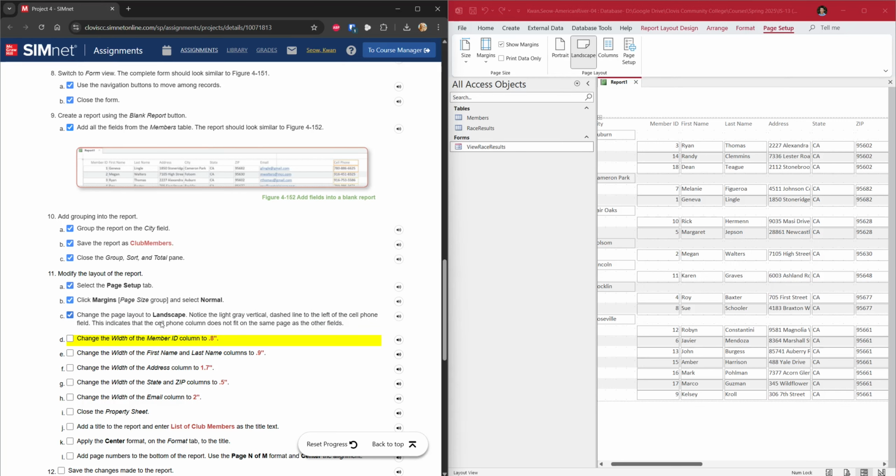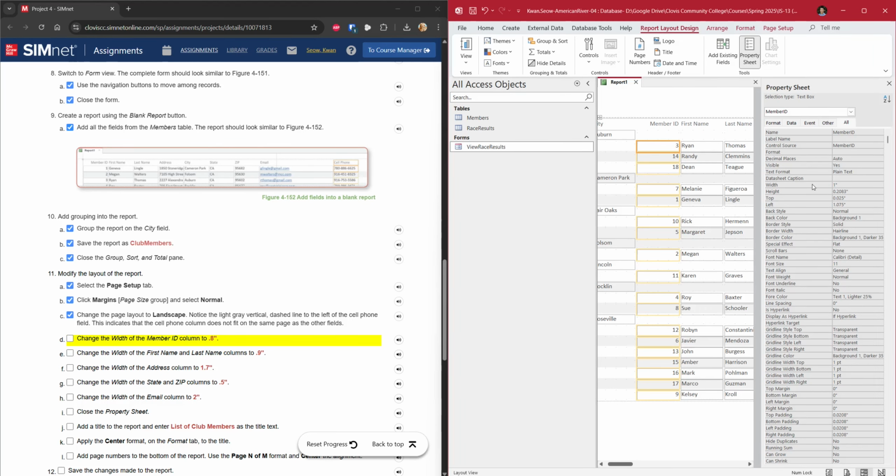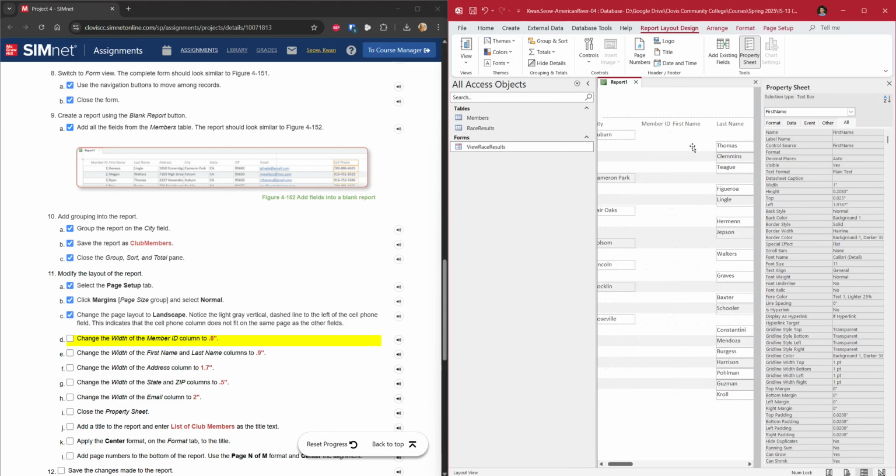There's more than one way to do this. The way I would like to do it is to click on the column entries, then go to the Report Layout Design tab, go to Property Sheet, and type in 0.8 inch in the width. 0.8, hit enter. The first and last name is 0.9, so 0.9. Another way to do this,